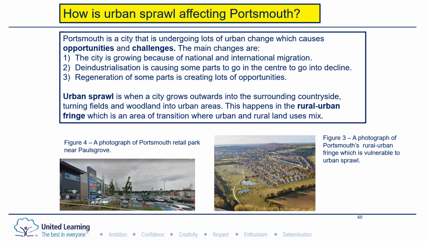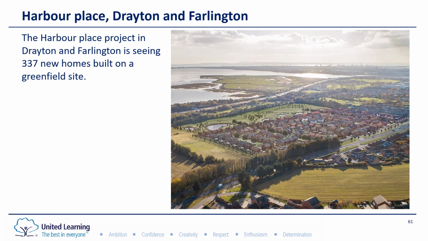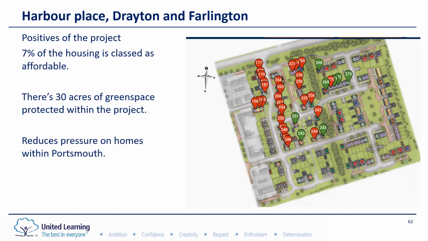We need to know why this is a positive and sometimes a negative. So Harbour Place, Drayton and Farlington, it was built on a greenfield site and has created 337 new homes. A positive of this is 7% of the houses is affordable. This means first-time buyers, so young people, can afford to buy a house with a mortgage, which means young people are no longer paying rent, which means they've got more disposable income as their mortgage will have a lower payment